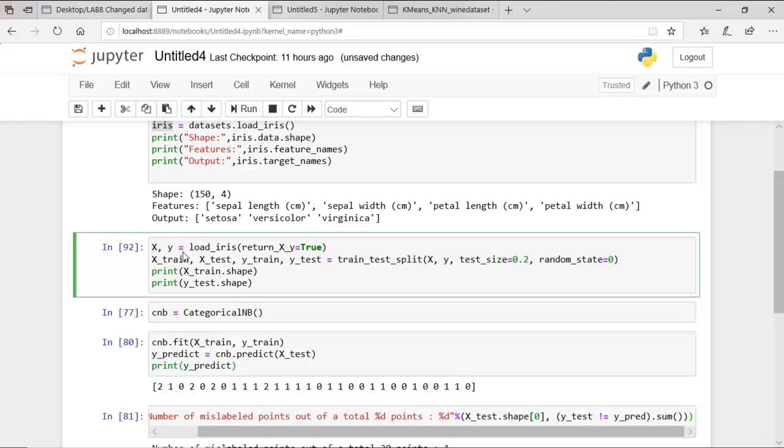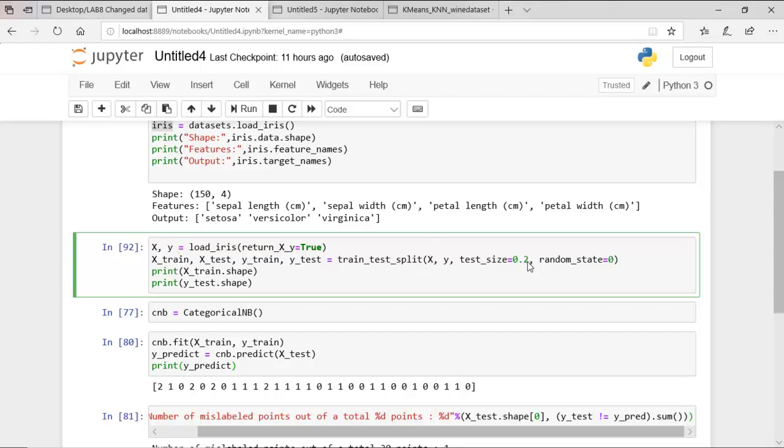Having known the different attributes and the output column, now we will load that into X and y, which are the arrays that will store the values of the input attributes and the output attribute. load_iris is the function because it will load the iris dataset. What it returns is two different outputs. One has all the input values along with their attributes in the form of a matrix. y is a vector which will be returned. Now these two have to be passed to the train_test_split function.